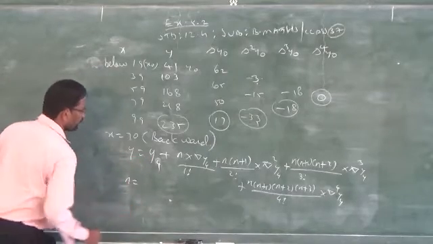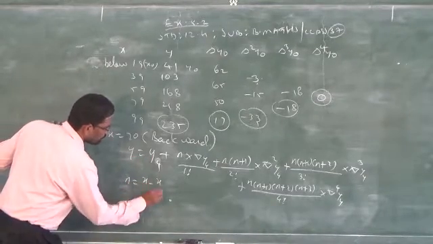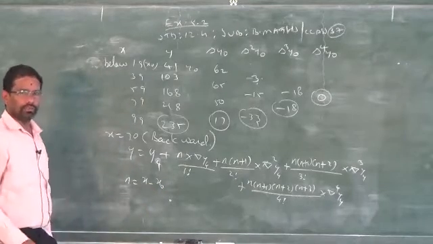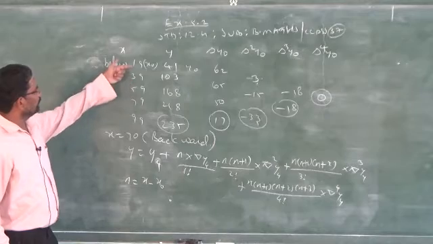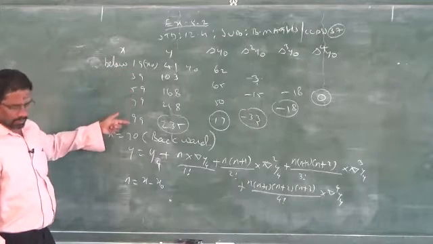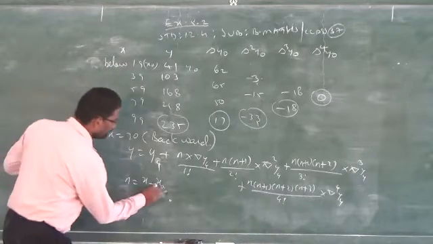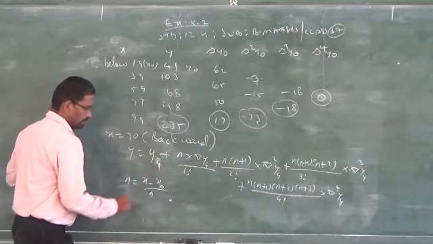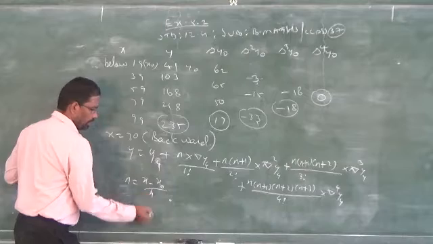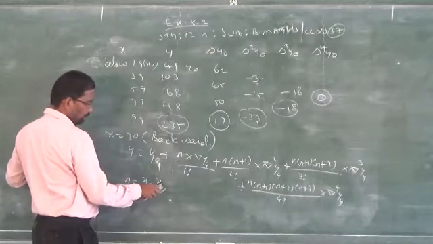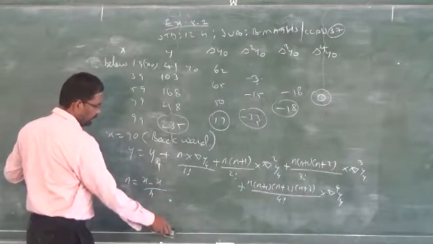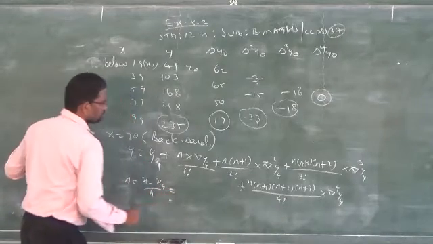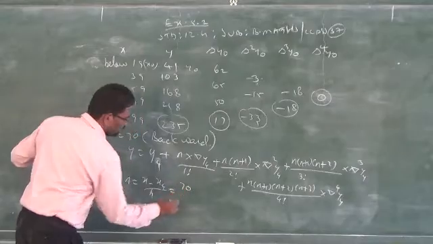So how do you find out n? N is equal to x minus, don't write x0 like in the forward formula. For the backward formula, what is the last value? x0, x1, x2, x3, and what is the last one? x4. Therefore, you don't write x0 by h. This is only for the forward formula, but if you are using the backward formula, you have to take the last value, x4.